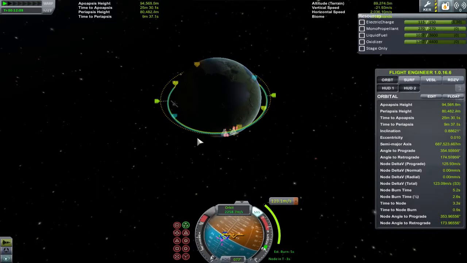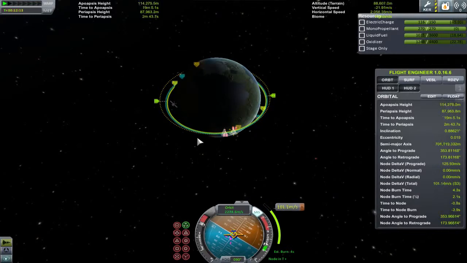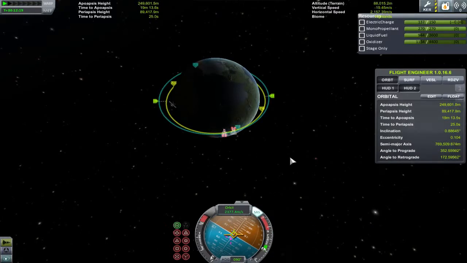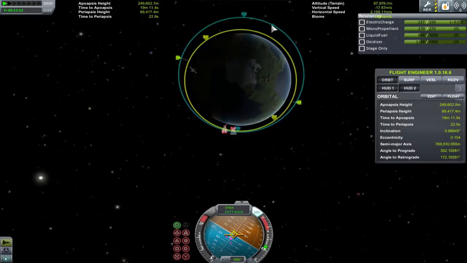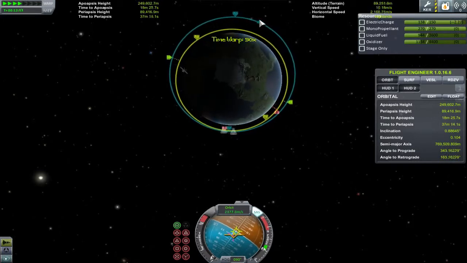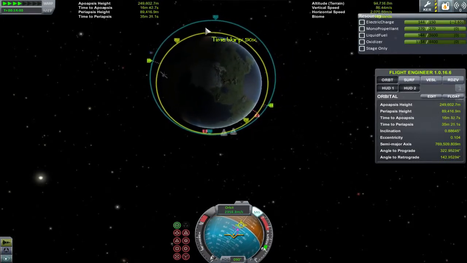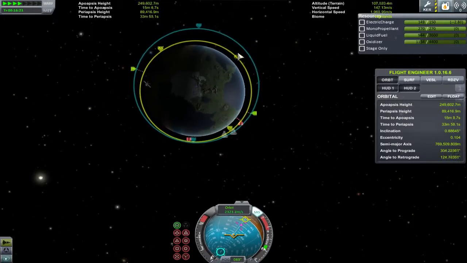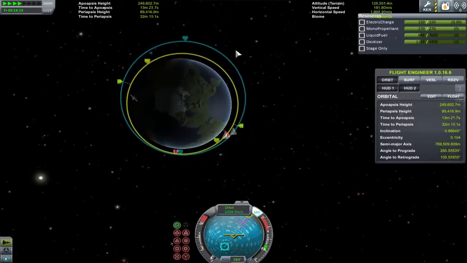It makes it a bit easier to find one of those nodes where you can line up at that point. So we just go ahead and burn pretty much anywhere. Bring your apoapsis out. You can see here it's well beyond 2 or 3 times higher than my target's orbit. Then we're just going to go ahead and warp up to our new apoapsis, and we'll go ahead and